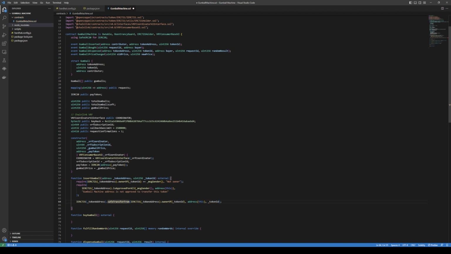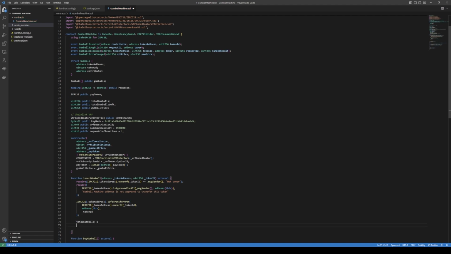So just to make that look a little bit better, we're going to change up a couple of the formattings right here. I think this will look good right there. Probably owner of the address, the token ID, and we'll do it like that. Make that look a little nicer there. Okay, there we go. We'll just safe transfer. Transfers the token ID, and then we will